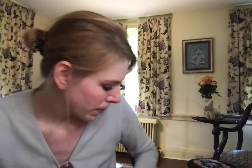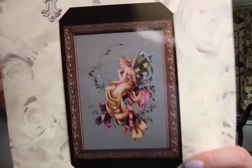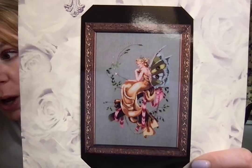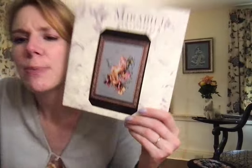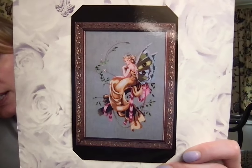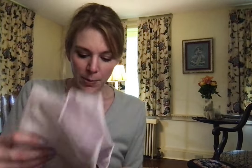Who knows? And then last WIP, before all the kits, is another fairy. And this is the Woodland Fairy. And the Huga Stitcher is stitching this. She's doing a stitch along with Sarah Memphis E. And maybe is a Rogue Mama Stitcher, Amber from Rogue Mama Stitching, maybe. But check out their channels because they are stitching this together and they're all very lovely. And I'm stitching this on a 32 count Sprite Lugana